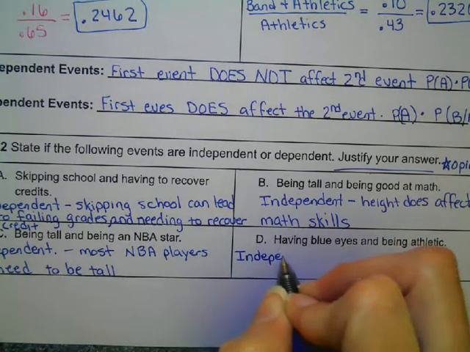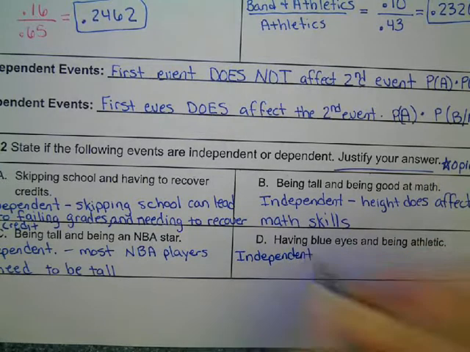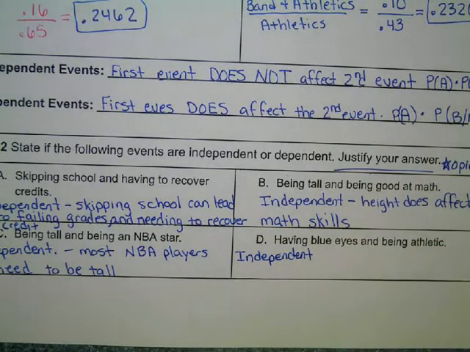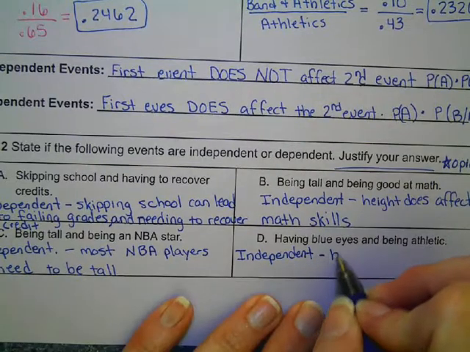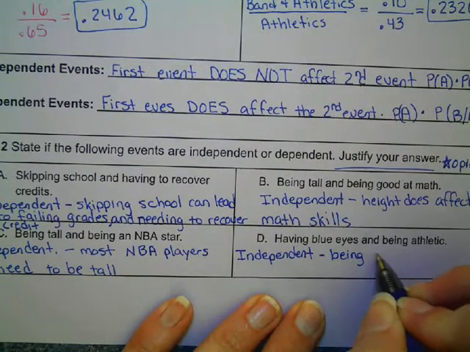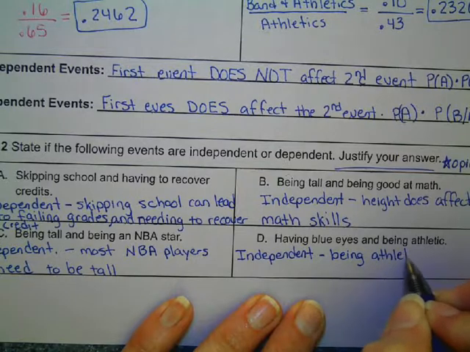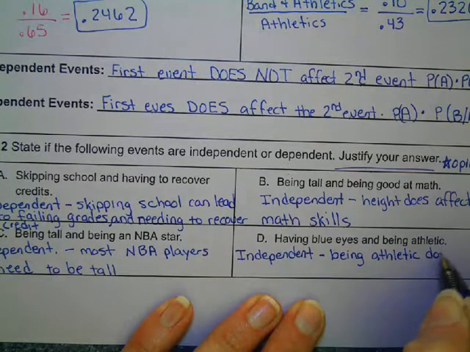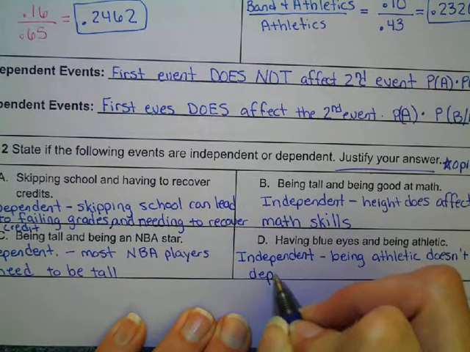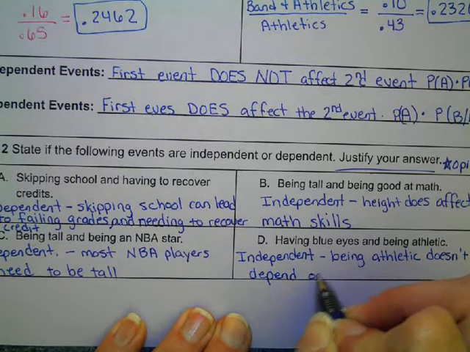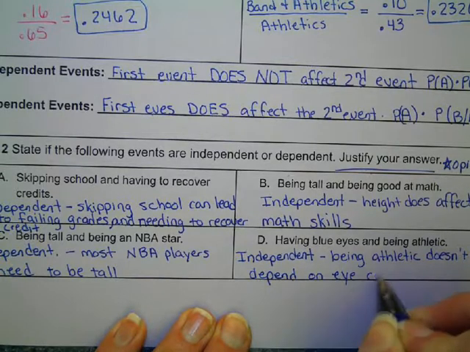And I'm going to say being athletic does not depend on your eye color. In my opinion, I don't think you have to have blue eyes to be good at